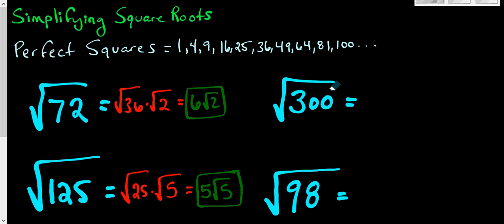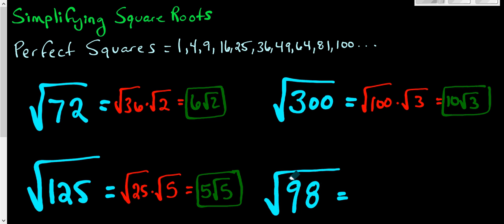As we get larger numbers, it might get a little tricky, but with 300, notice that 100 goes in there. So we have the square root of 100 times, well, 100 goes into 300 3 times, so that'll give us 10 square root of 3. And finally, 98. Once again, we look at what could possibly go in there. This one's a little trickier, but we notice the 49. So I'll put the square root of 49. 49 goes in there twice. So our final answer there, the square root of 49 is 7